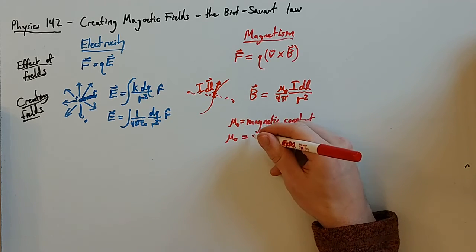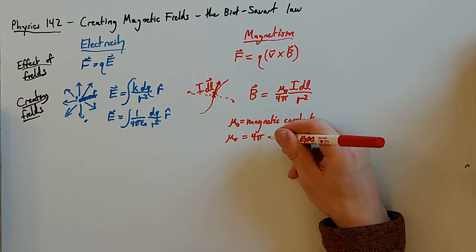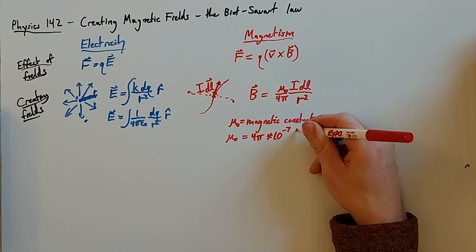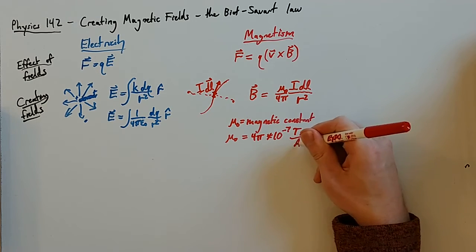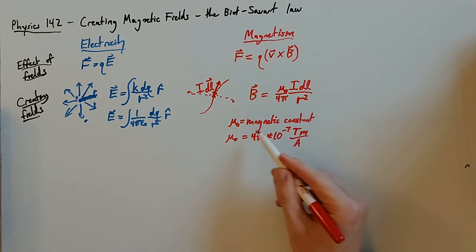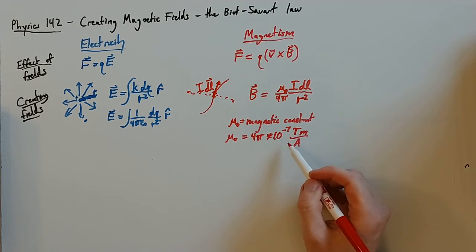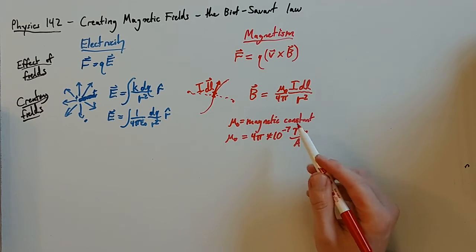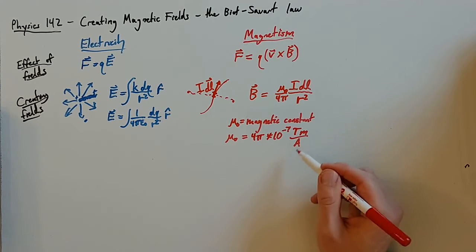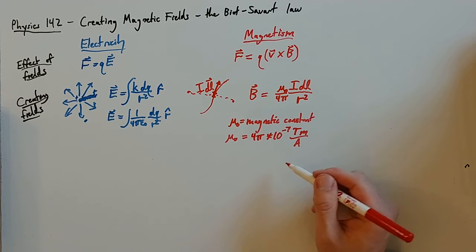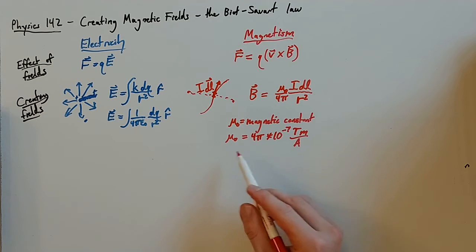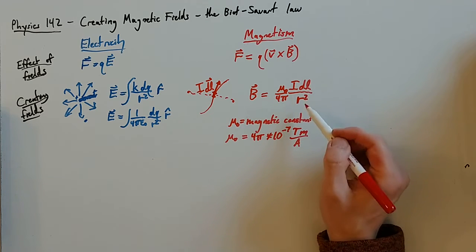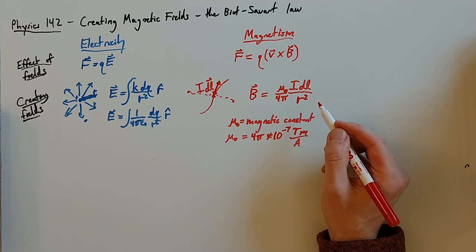The value of mu naught, interestingly, ends up being 4 pi times 10 to the minus 7 Tesla meters per ampere. All right, and it's sort of interesting that it ends up being exactly 4 pi times 10 to the minus 7. That's why this 4 pi is often included in this formula. And this ends up having to do with how these units are defined. But for now, let's just take this to be the value of this constant. All right, so we have a constant, we have an amount of current, but we're not quite done yet because